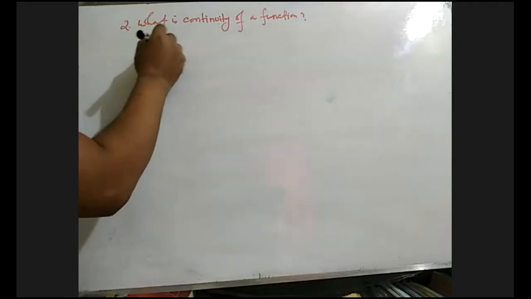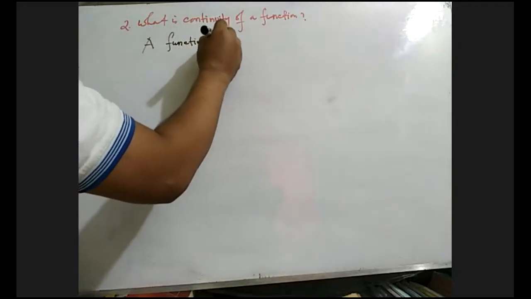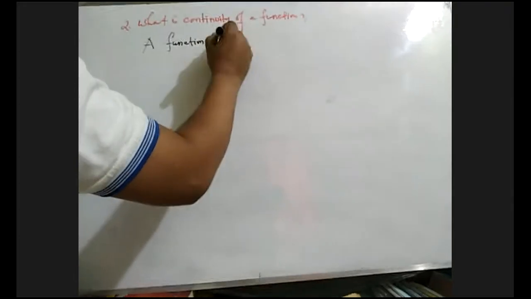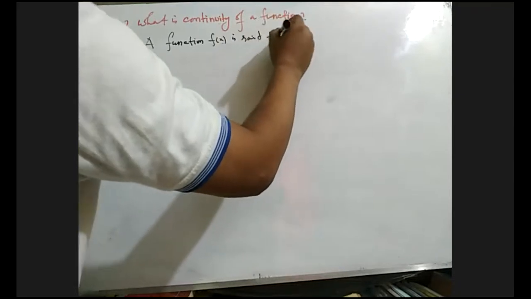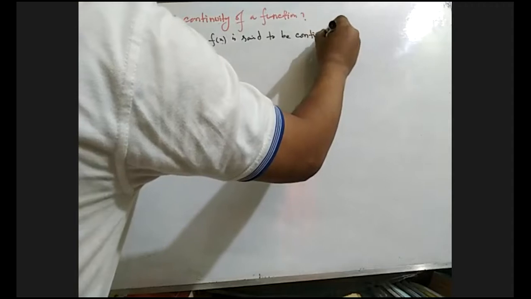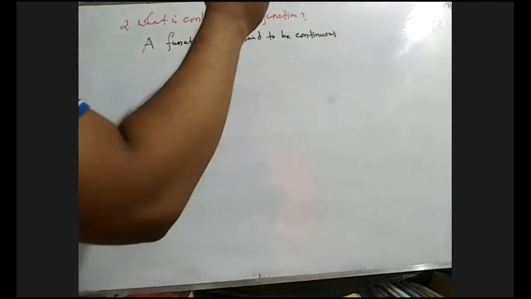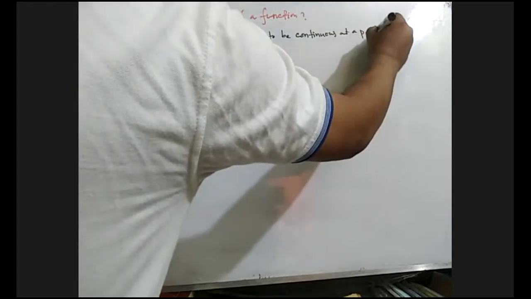A function f of x is said to be continuous at a point x equals a